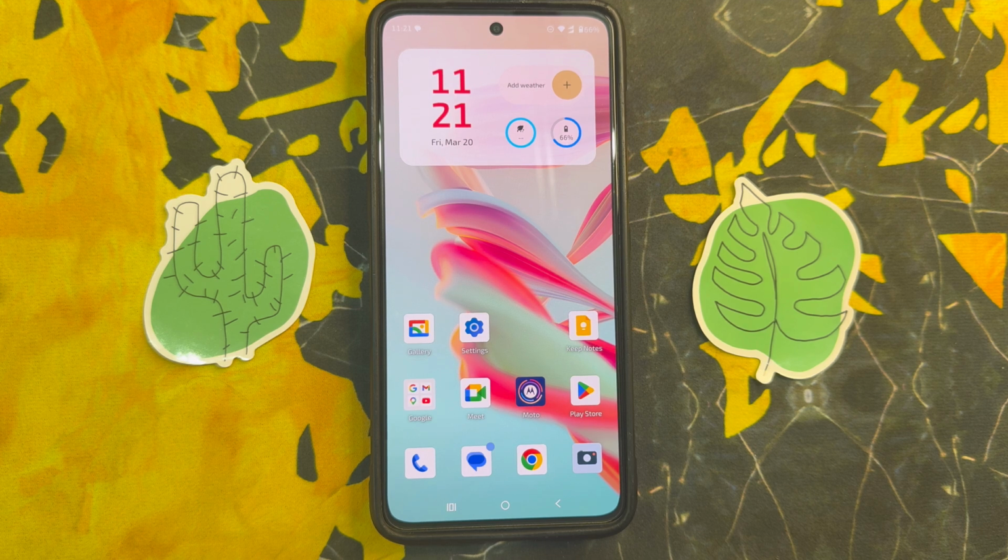How to fix screenshots not working on Moto G77. Let's start the video. First of all, if you want to fix this problem, go to the app library,